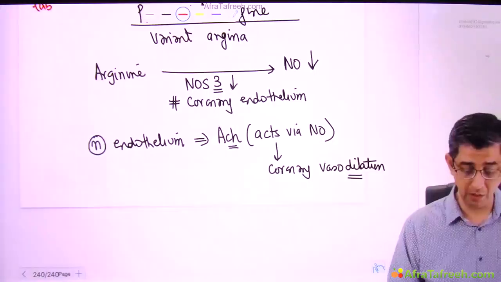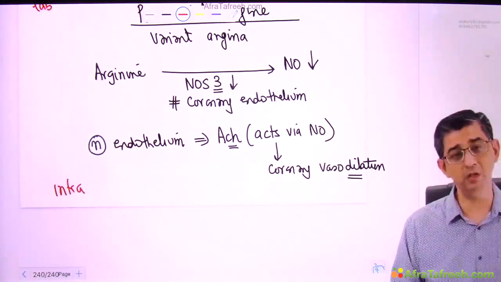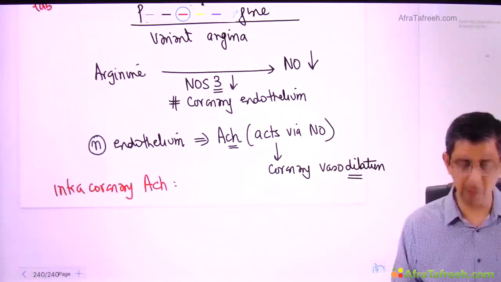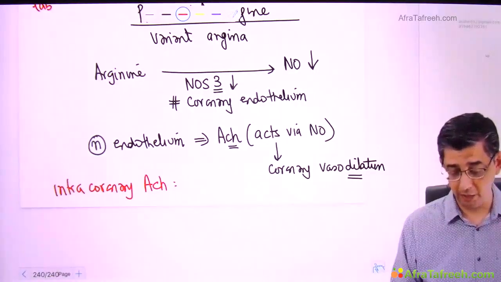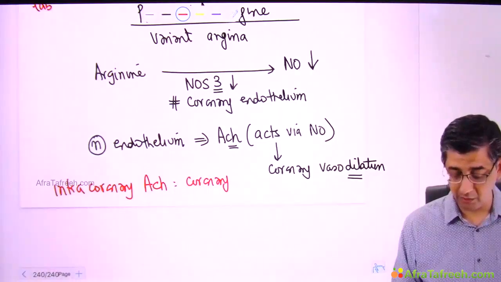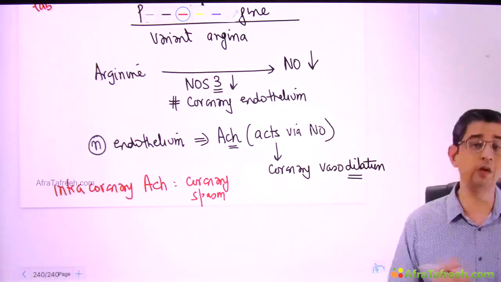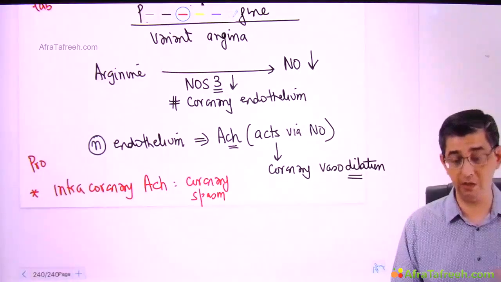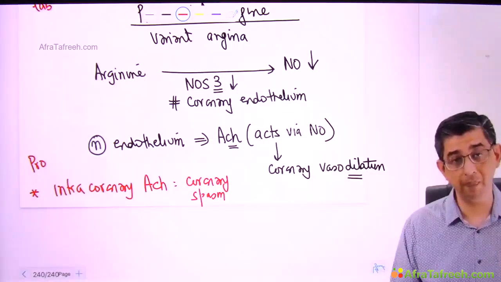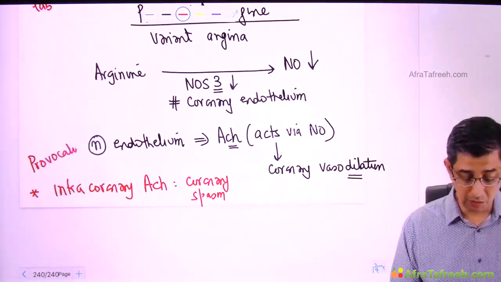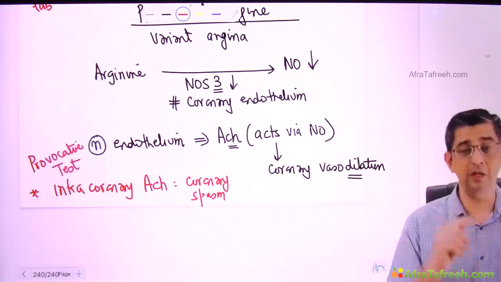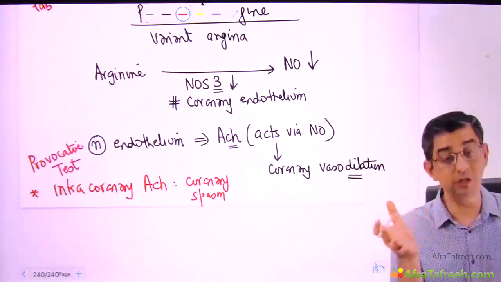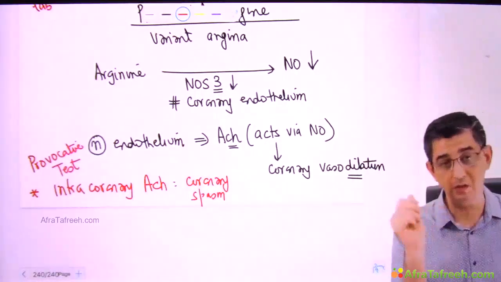So I just want to mention a provocative test. Though nowadays this provocative test is not done, still because it is given in books, I want to highlight that if intracoronary acetylcholine is given to a Prinzmetal angina patient, it will contribute to coronary spasm, and then we can relieve this spasm also by injection of nitroglycerin. This is a provocative test. This is not done anymore, in the sense that if you inject this and there's a spasm so severe that the person develops MI, well, the responsibility will be yours. So this is only for academic reasons that we are studying that there's a provocative test available for Prinzmetal angina, where injection of acetylcholine, because nitric oxide synthesis is compromised, will not be able to cause a dilation but causes a constriction.